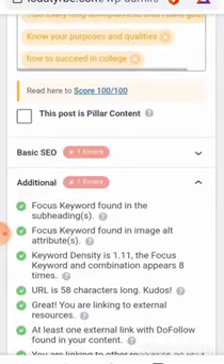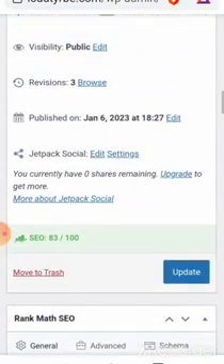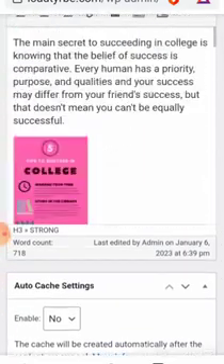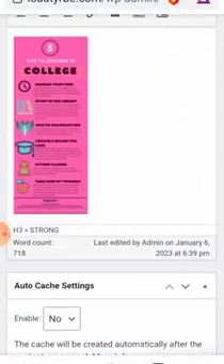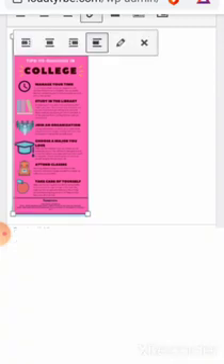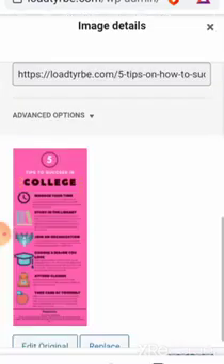The next one is focus keyword found in image alt attribute. Now, you don't just write a content without adding an image. So you have to add an image. And not just add an image, you have to ensure your focus keyword is also added to the image alt, alternative attribute. So if you click on this image now, and I click on this pencil-like icon, which is edit, and I click on edit, you will see that